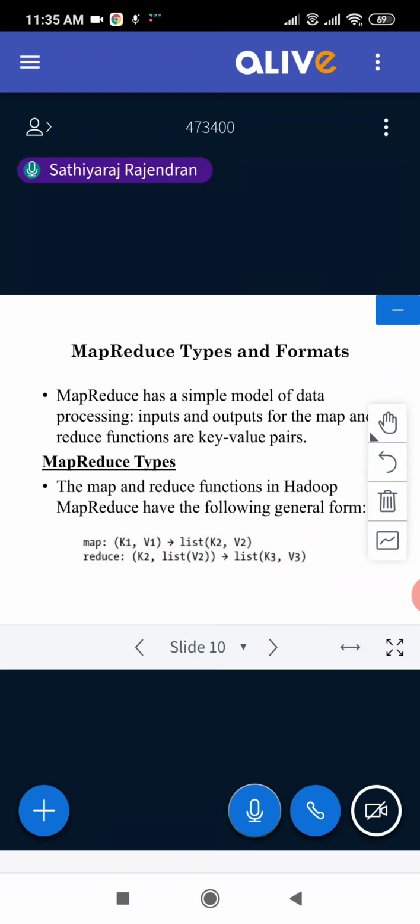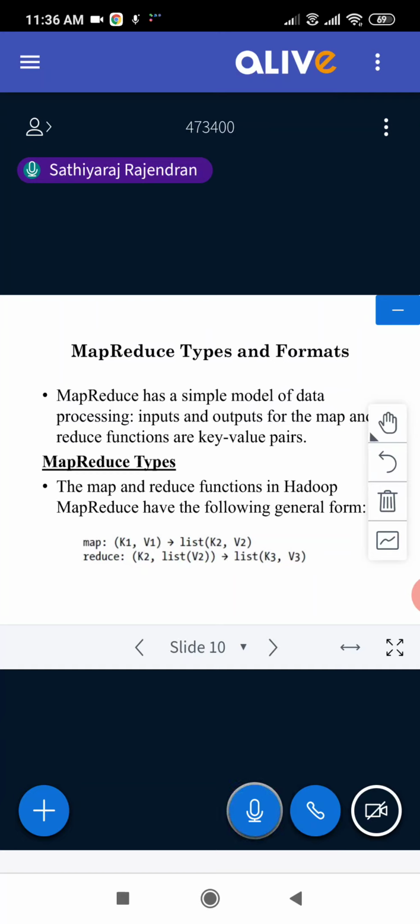Just take one or two minutes and let me know if there are any topics to be revised or any queries with the previous topics. It is more important to remember the concepts in Module 4. One is what is map reduce 1 and what is map reduce 2. When I talk about the anatomy of map reduce, I'm talking about the map reduce workflow. And when I talk about workflow, am I talking about MR1, the classic map reduce, or am I talking about YARN map reduce? That you should know.